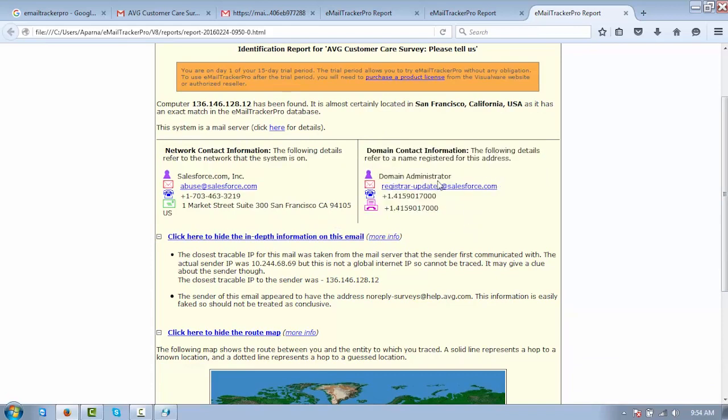So this report, you can click on the tool and you can see the view report. This is a report you can share also if you need to with your admin or with somebody else in your team. And this has your network contact information, domain contact information, in-depth introduction to this email, the IP addresses which it's using,